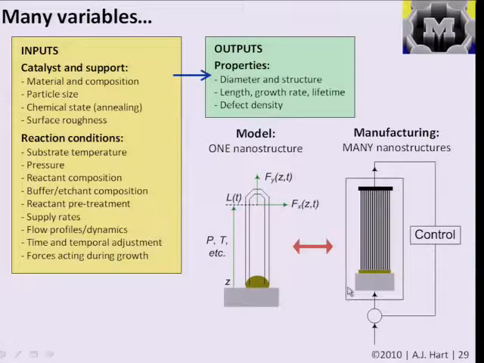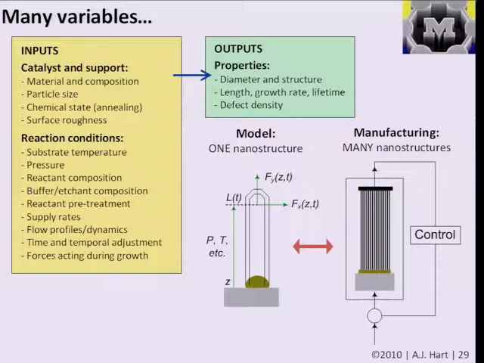How can we take a model for one structure and multiply it many times, or convolve it with a size distribution that we know, and then predict what our bulk material will be in the end, or how many of our individual wires will have the appropriate characteristics to grow the structure in the first place? And as we saw from the previous slides that showed the atomic model and the examination of the interface,